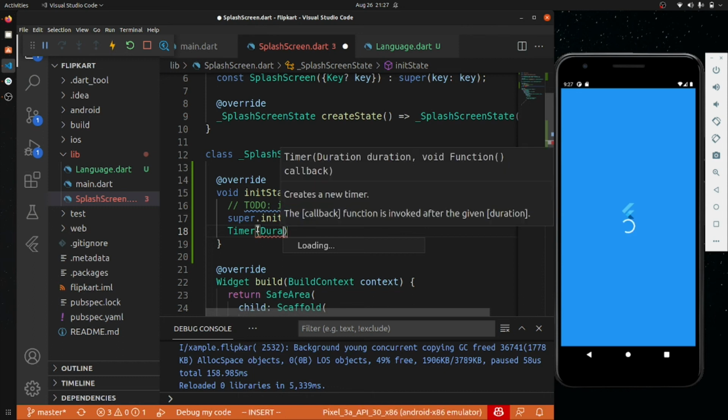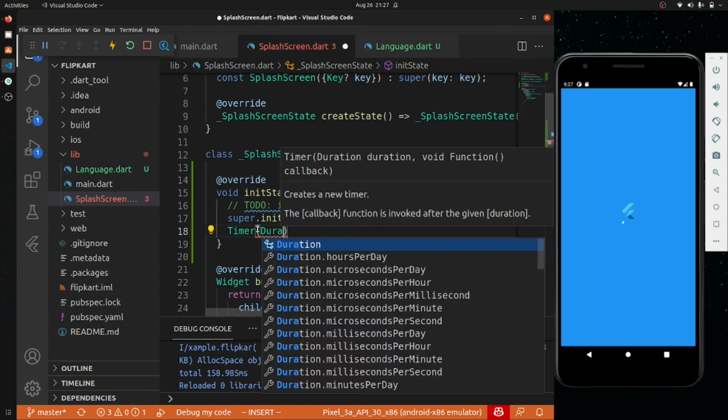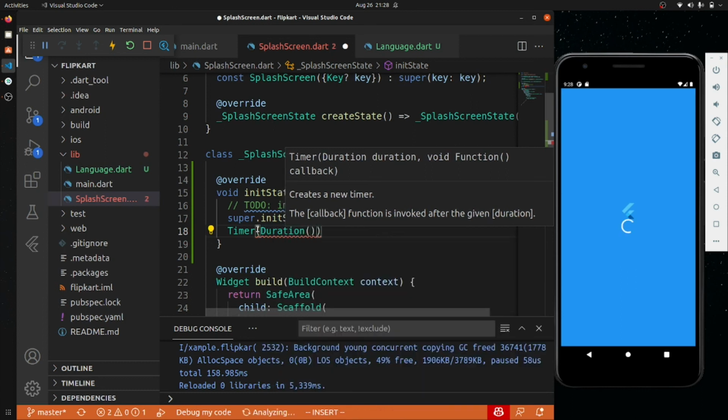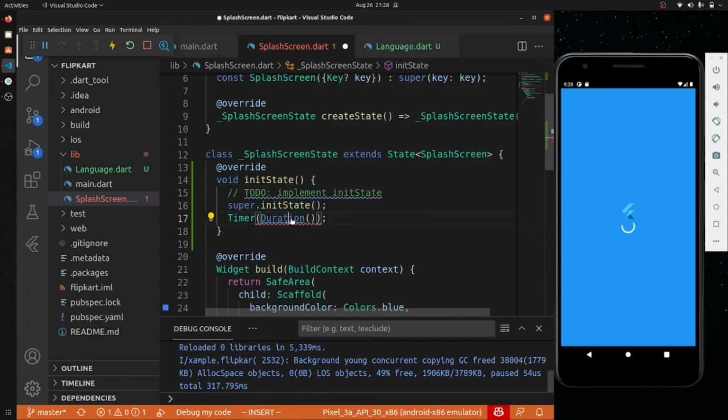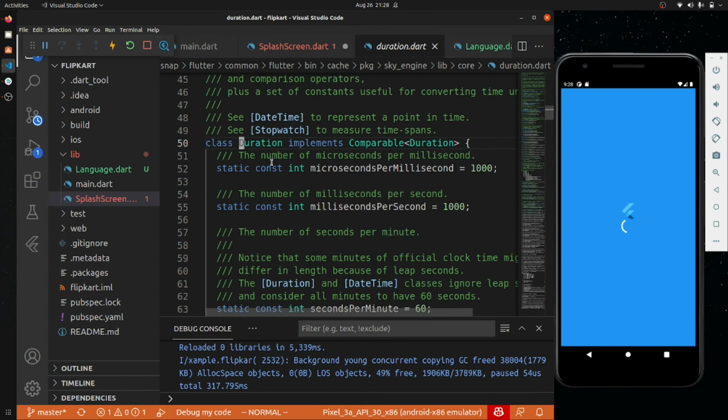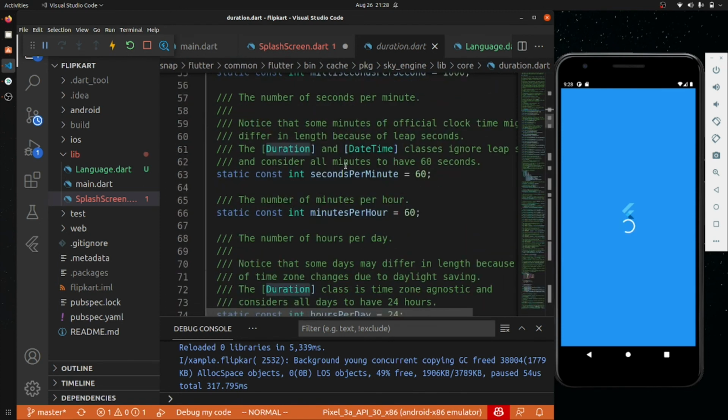Inside this I will just call the duration. You can see the duration is taking two things: one is duration and a void callback. So let's go to this duration page and see what it is doing. Duration page is just implementing comparable, and it is calling a duration. No issue.